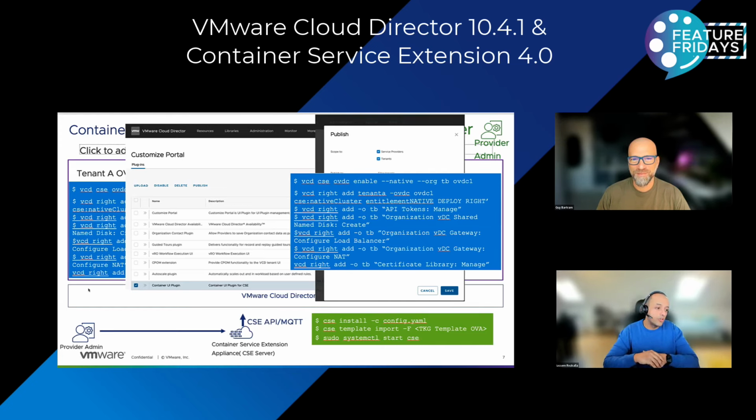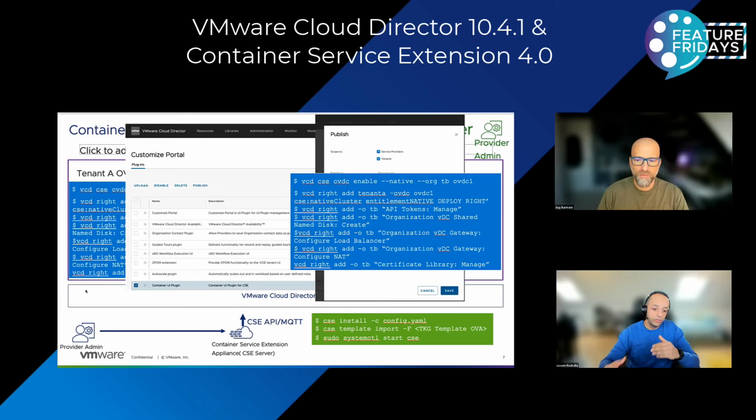And this is really a major game changer, what we brought in 4.0. It's way easier. You don't need to install any external RabbitMQ or MQTT for messaging services. It is all integrated and very simple to deploy. Everything is automated compared to the 3.x workflow, mainly from the provider point of view. For the tenant workflow, it's more or less the same.